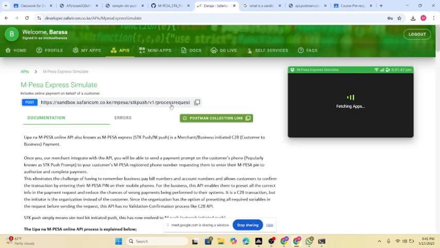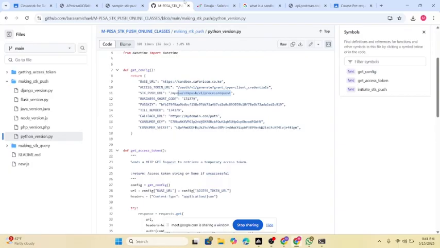Yeah, so mine looks like this. Why are they having different versions of the same thing? You will see M-Pesa STK push version 1 process request. So when you come here, you'll see the same thing. Business shortcode, I've told you it will be given to you. So when you're going to production, ensure it is given to you by Safaricom. Passkey, the same thing. Till number, the same thing. Callback URL is where they will send, so you're the one to determine. Consumer key, consumer secret, as I've told you, will be given to you when you create the app on